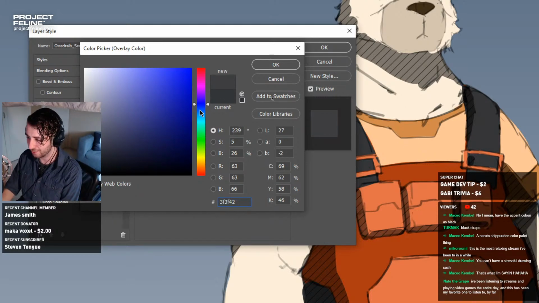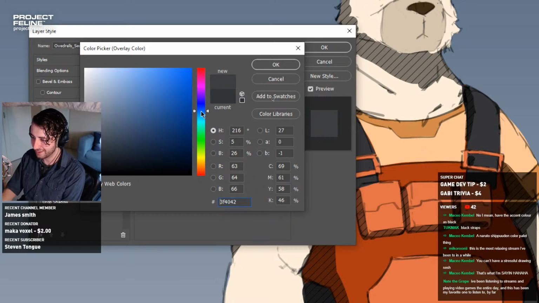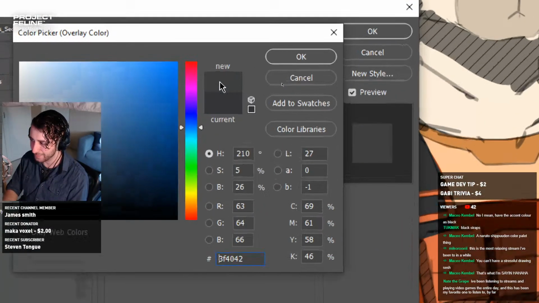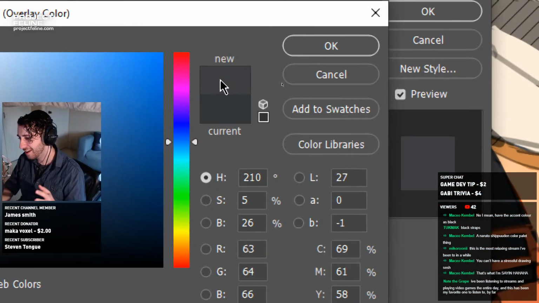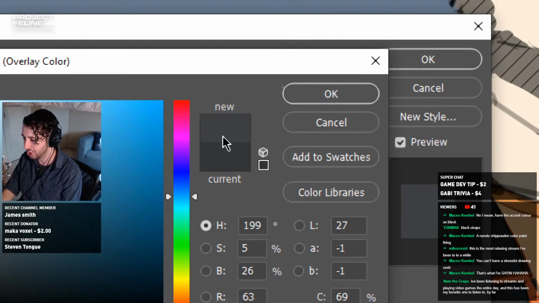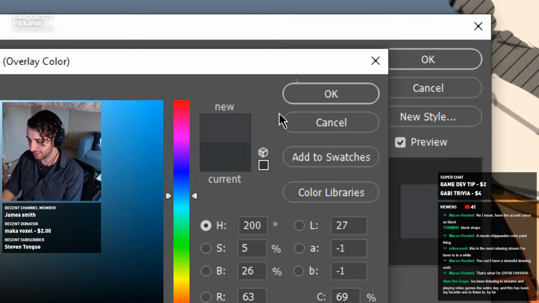I honestly can't tell what is the best one. You can see it change slightly, and there's probably some heuristic or rule that determines what shade of gray that should be. But I don't know. I just kind of eyeball it and think, does this go?